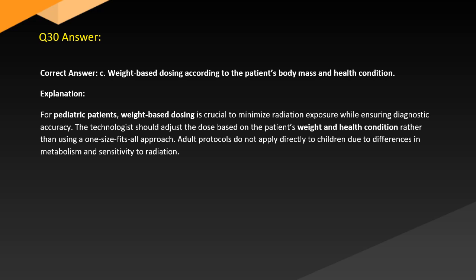Answer. Correct answer: C. Weight-based dosing according to the patient's body mass and health condition. Explanation: for pediatric patients, weight-based dosing is crucial to minimize radiation exposure while ensuring diagnostic accuracy. The technologist should adjust the dose based on the patient's weight and health condition rather than using a one-size-fits-all approach. Adult protocols do not apply directly to children due to differences in metabolism, sensitivity to radiation,